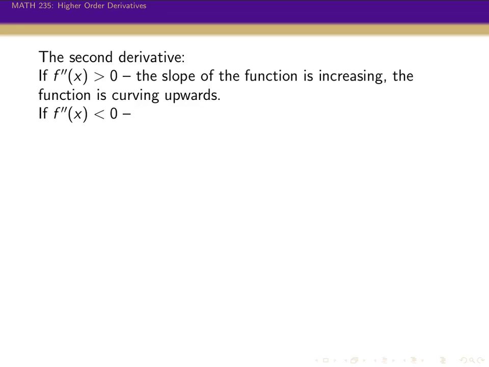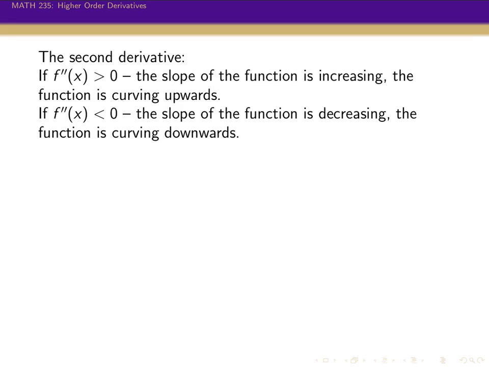On the other hand, if the second derivative is negative, that means that the first derivative is decreasing. And so the slope of the function is decreasing. And if the slope of the function is decreasing, that means the function has to be turning downwards or curving downwards. Okay, and so if the second derivative is positive and the function is curving upwards, we often call this